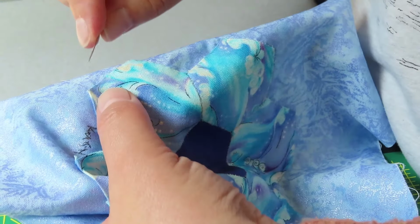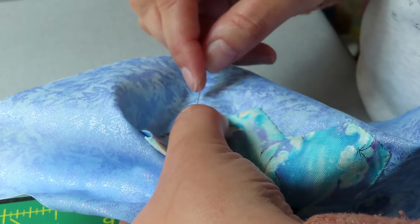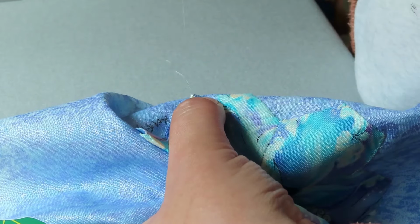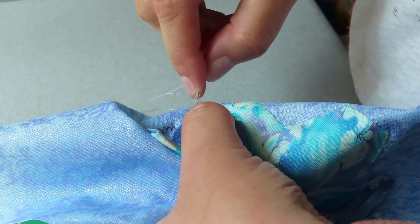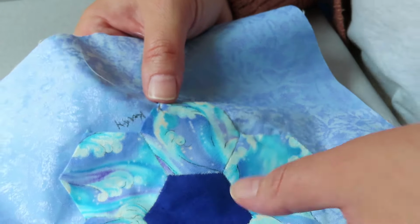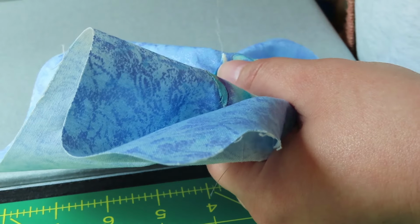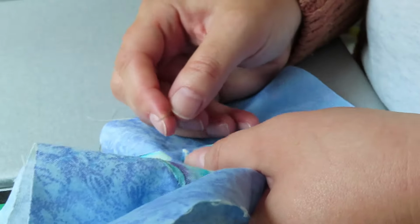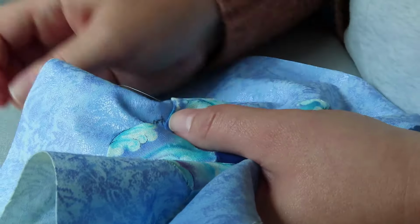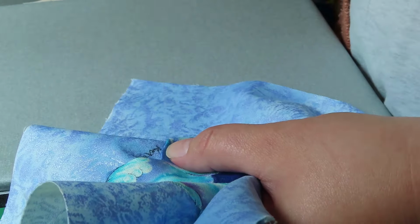Okay, so I just came up through the point there, and so I just will rotate a little bit, go down next to it, feel that little poke in my finger, come up through both pieces of fabric, and I just keep going till I either run out of thread, and if you run out of thread, I'll show you how to do the knot, or if you just reach the end, it's the same kind of knot. We're just going to tie it off with a double knot, but it's really just an easy way to zone out and relax. I like this part. It goes pretty quickly,